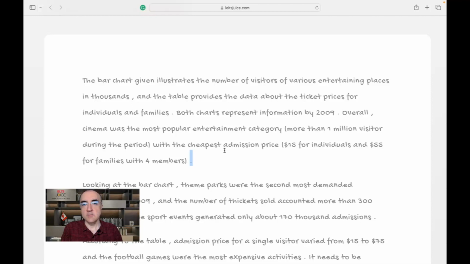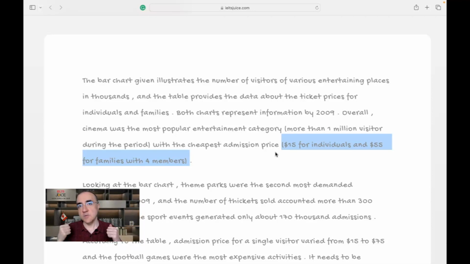Look, guys, I need to explain a little bit about this pair of parentheses. So we're talking about the introduction here. So this is our first paragraph. We're introducing what to expect. So far, I understood that there are going to be 2 visuals. There is a bar chart. There is also another table. Both